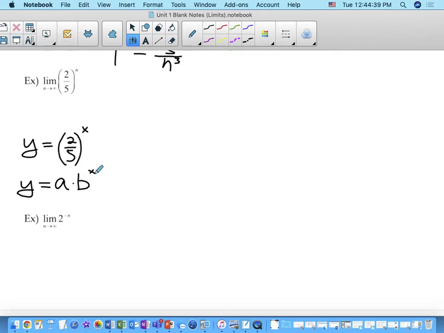This is our y-intercept, right? What does the value of b tell us, the base? Do you guys remember? No? Okay. Let me just think. It might be helpful